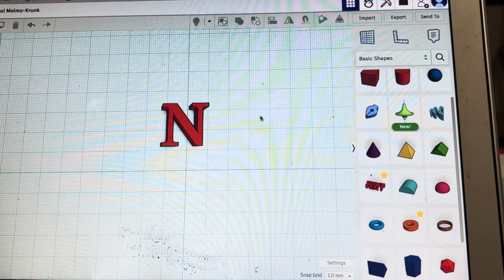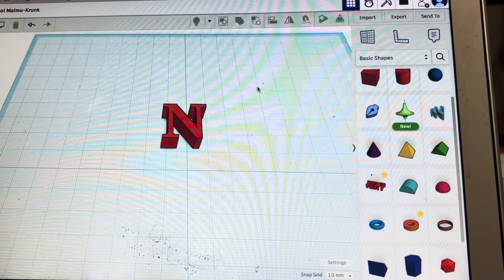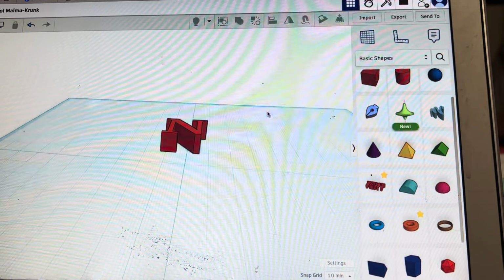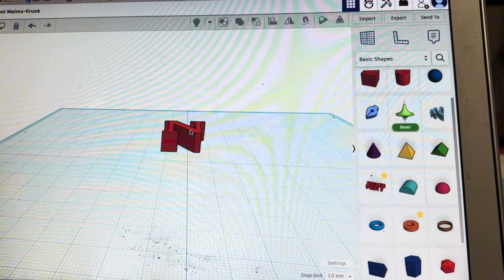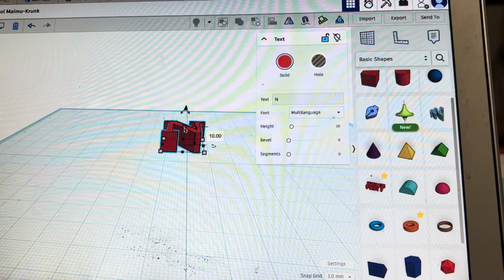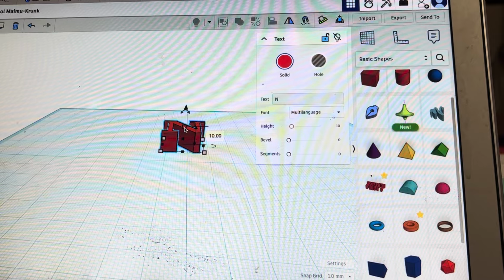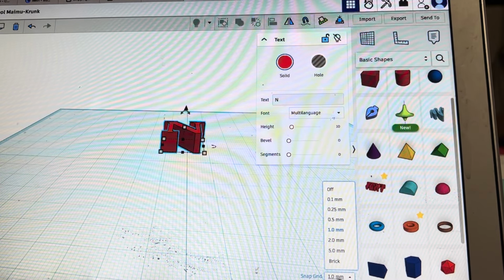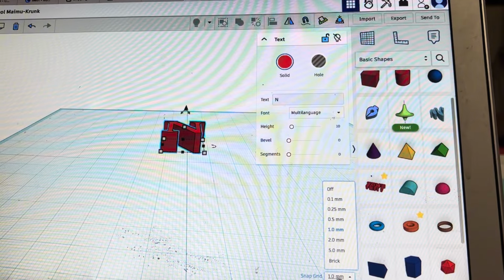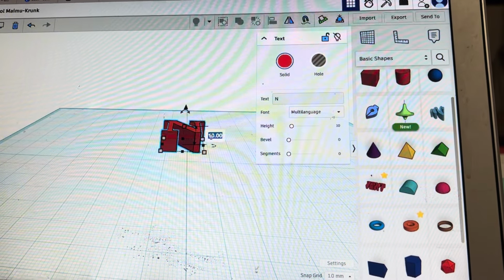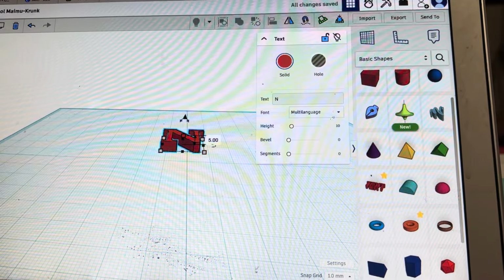So I'm just going to take my two fingers and drag it to change the view to where I'm looking at the bottom, because I want to make sure that my width is correct. So originally you can see it starts off at 10, and this is in millimeters. You have the option to change to inches, but because I learned in millimeters, that's just something I'm more comfortable working with. So I'm going to decrease this to 5,